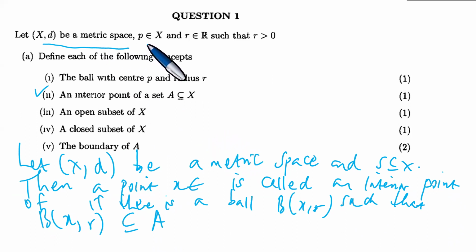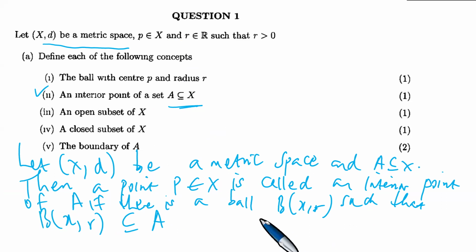If (X, d) is a metric space, and we have a point P in X, in the same way here, we can take (X, d) to be a metric space, and also I want us to change this, as we learn it normally, to A in X. Then a point P in X is called an interior point of A. So let X be a metric space and A be a subset of X. Then a point P in X is called an interior point of A if there is a ball,